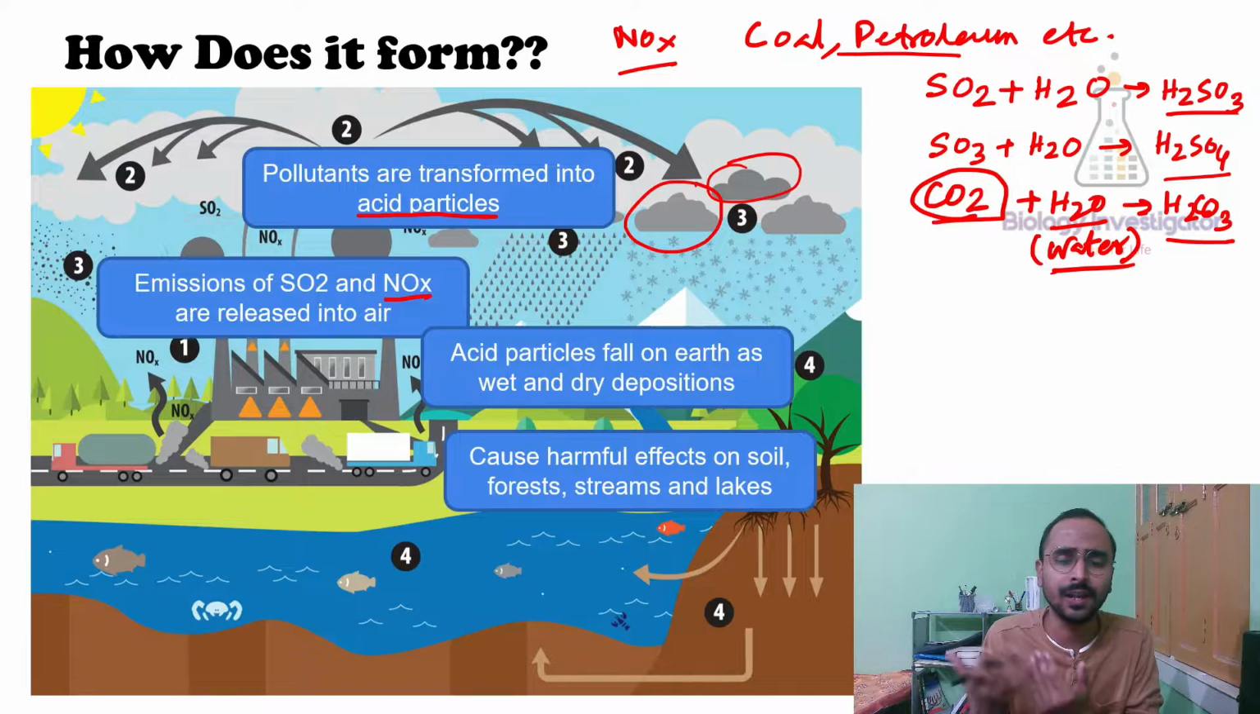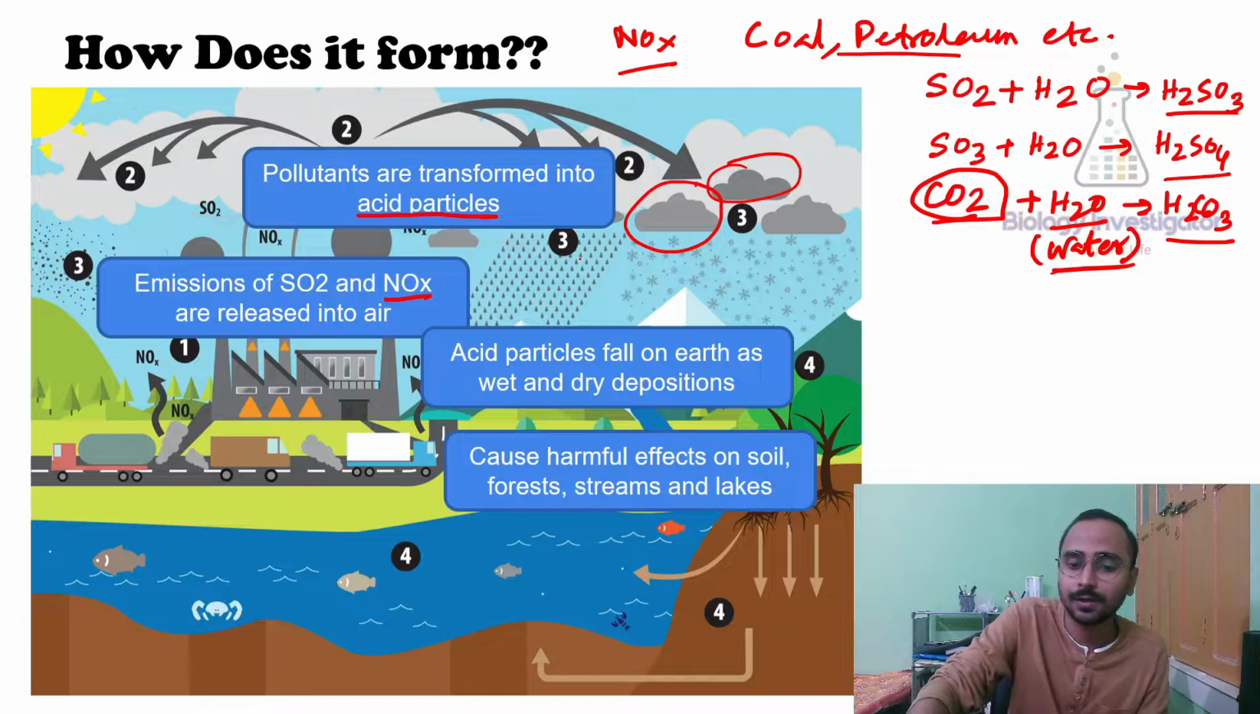These acids, carbonic acids, also fall on the ground, and they can mix with rivers, streams, lakes. They fall directly on soil, and then they can fall on plants. Okay, so these things are absolutely possible. So the acid particles are generated, and these acid particles, as I have already mentioned, fall on earth as wet